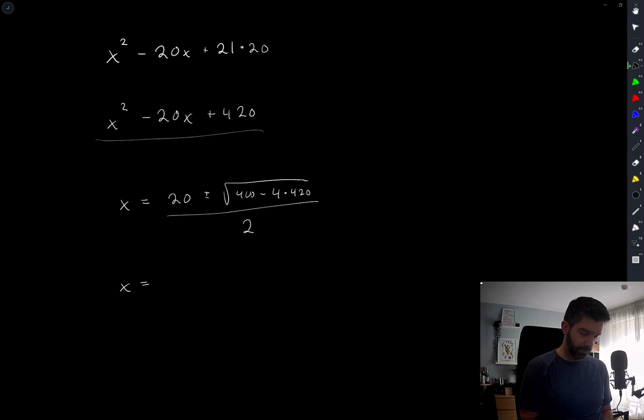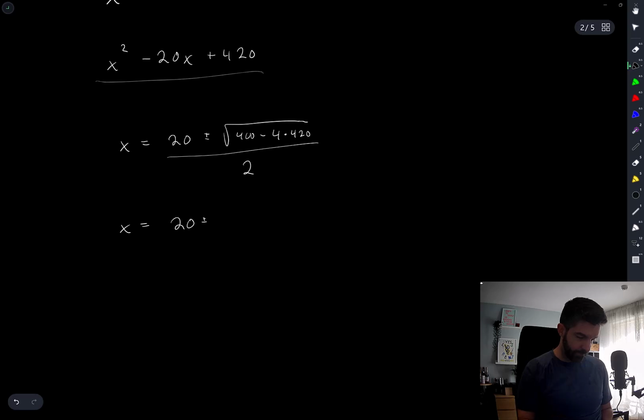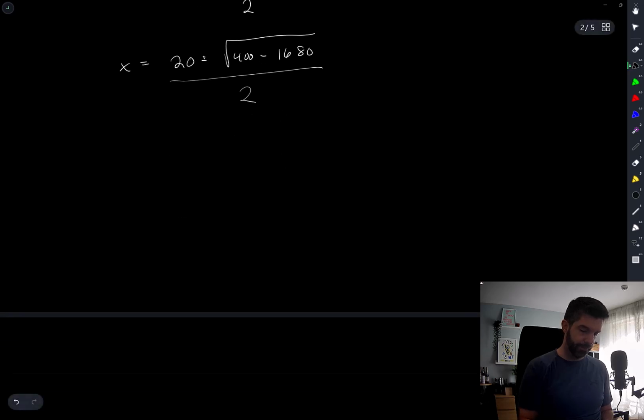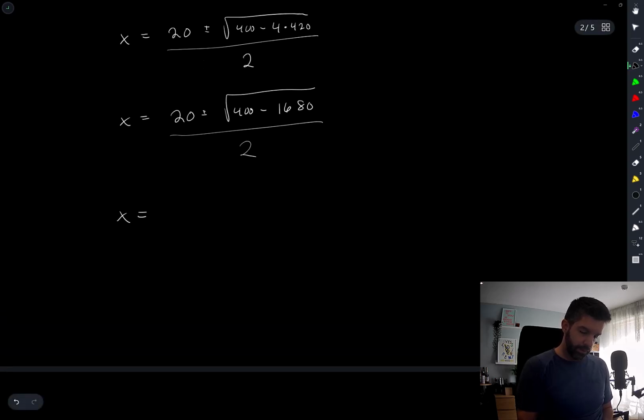So x is equal to 20 plus or minus 400 minus 4 times 420 is 1680 for 2. So this is 20 plus or minus